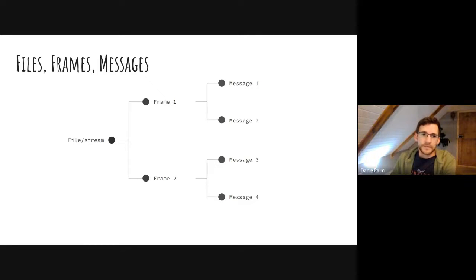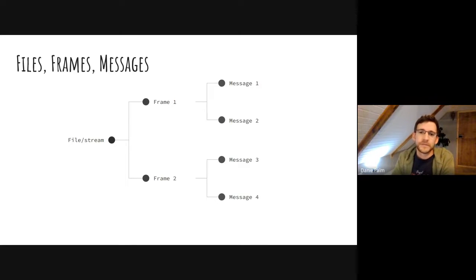So anyway, OTT, you will often get it in a file, but it was designed to be a stream. A stream of data comes to you, and it's broken up into frames. A frame is basically just a chunk of data. Some frames have fixed length, and some of them are variable length, and for the variable length ones we use COBS encoding to figure out how long it really is.